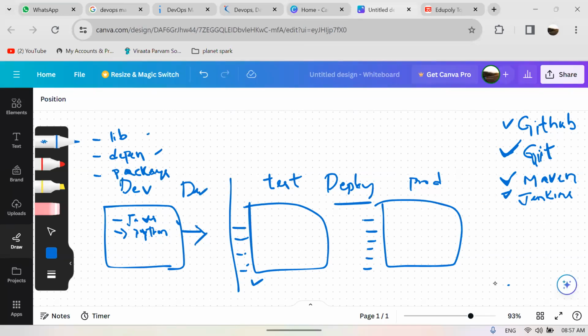Now what happens if they forget to share some libraries, or the versions that the development team is using are different from the versions that the deployment team is using? This process is manual. We need to overcome this scenario. So the main intention of DevOps is that nothing should be manual, everything should be automated. To overcome these dependency issues, package issues, library issues,